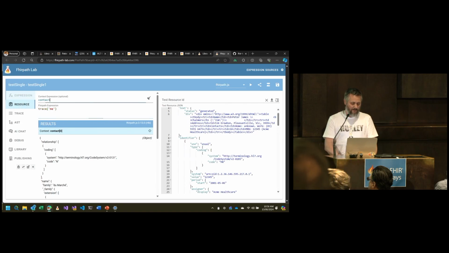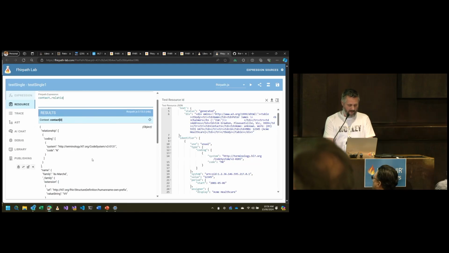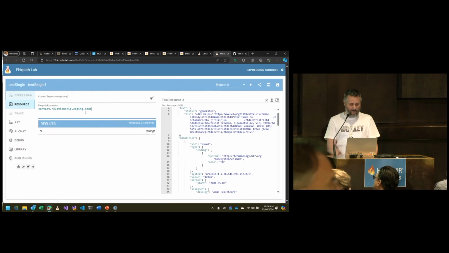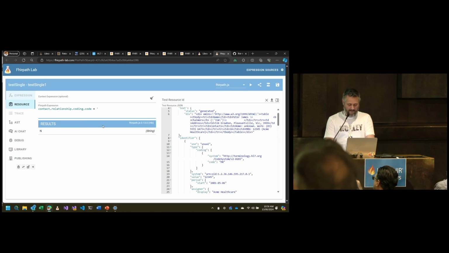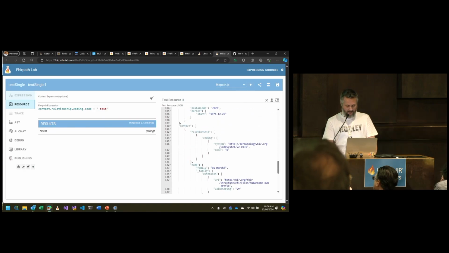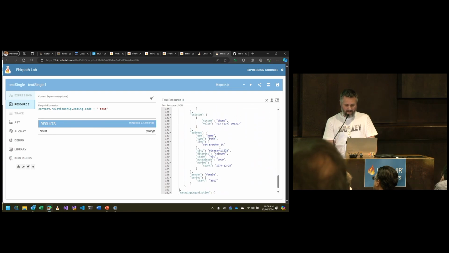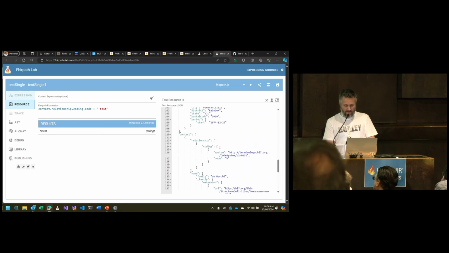But if you wanted to walk in, without a real example, it gets more difficult. Dot relationship, dot coding, dot code. That'll give me one. So I've got one thing in there. And so I could just go add dash test, and that's valid. But if I had more than one relationship, coding.code, relationship, coding, so if we put a second coding in here,